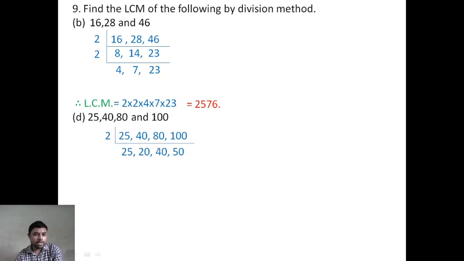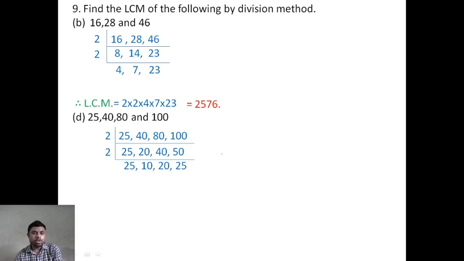Okay, now my dear student, you can divide here by 10. So will you take 10? No. Why? Because 10 is not prime. So you have to take a prime factor. Now by 2 you can divide this, this, and this. That means 3 numbers we can divide by 2, more than 2 numbers. So what will it be? 25 again will be 25. Here it will be 10, 20, 25.